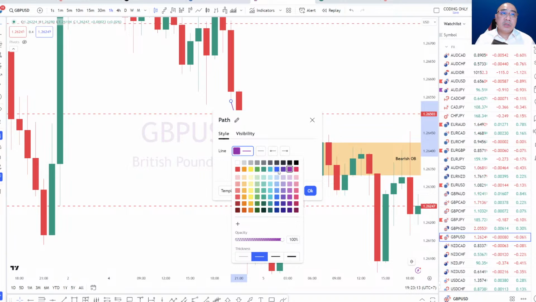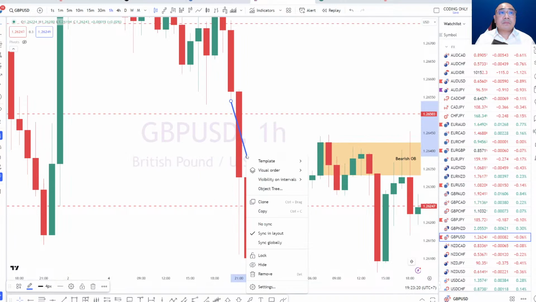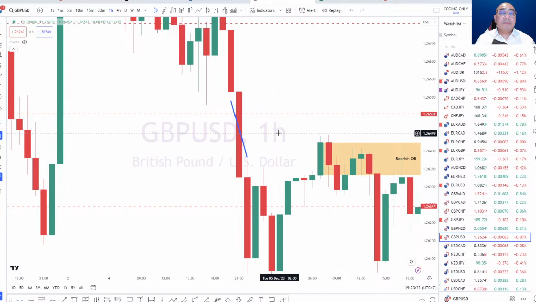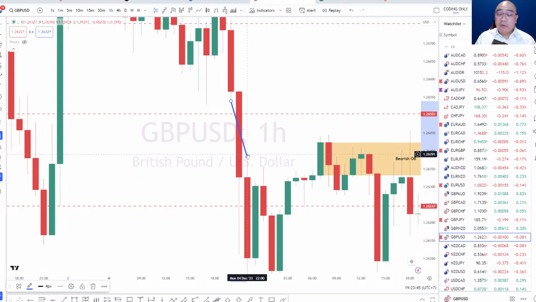Let me change that to something a little bit darker so you can see it. All right, how's that? And I'll bring it to front. You can see that gap there, that's a fair value gap. It's where price on 2 periods doesn't meet up. If it doesn't meet up, it will eventually get filled in, and that's the logic in it. Where it fails halfway through, I'll explain in a little bit once we identify our fair value gap.